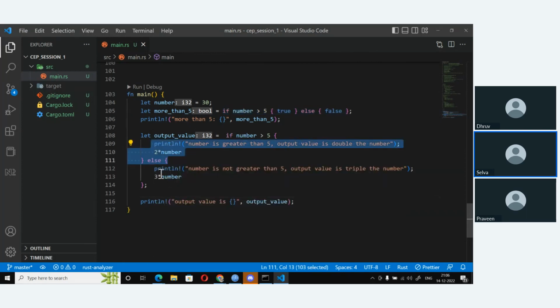That is what I'm showing you here. So the condition is that if the number is greater than 5, the output value will be 2 times the number. If this condition fails, that is, it's less than or equal to 5, then you will get 3 times the number. Is it clear?